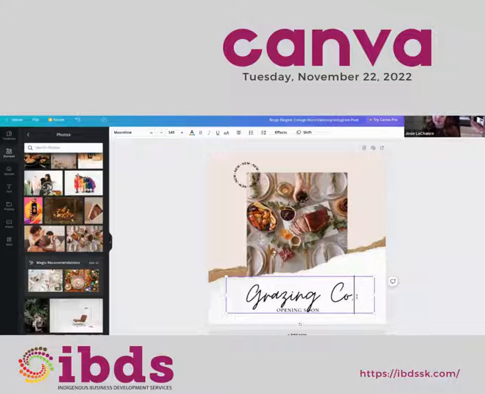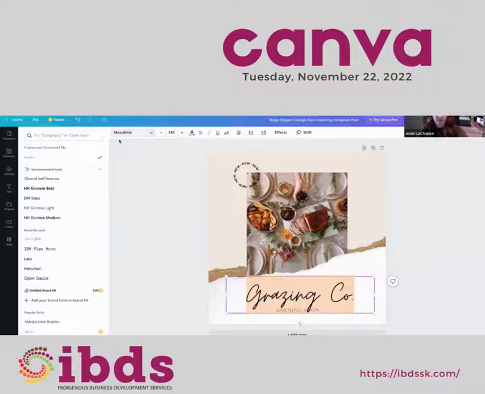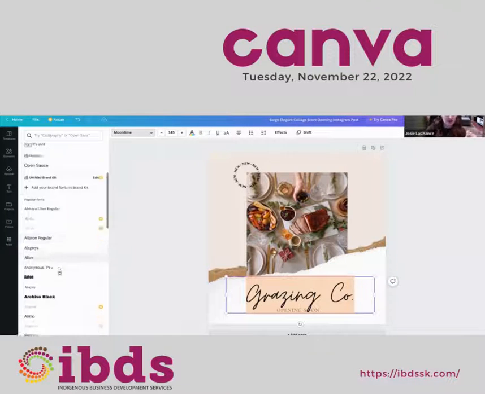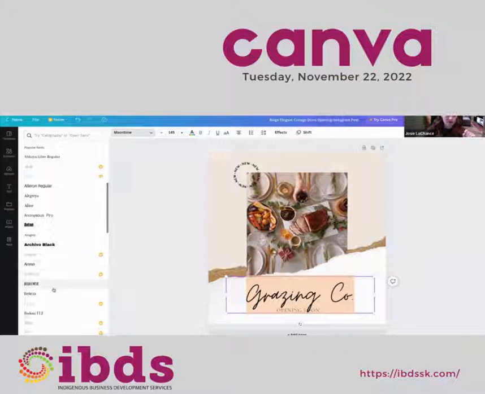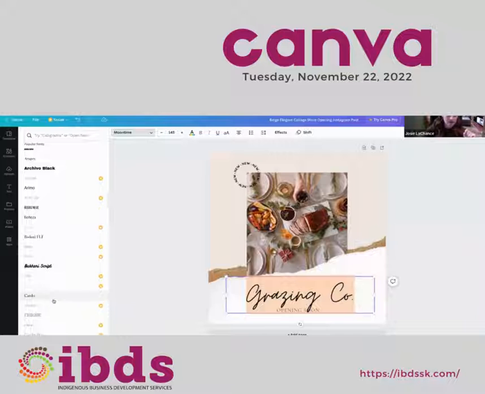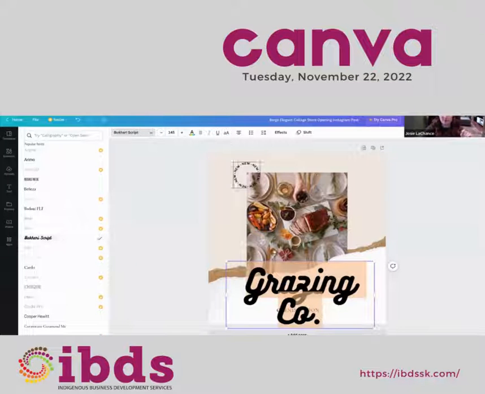and maybe I don't like this font. I'll show you how to change that. Up here, you'll see this banner and it says the font that it's currently on. You can just click that and you'll see lots of font options. So maybe I want something less scripted, maybe a little bit bolder.